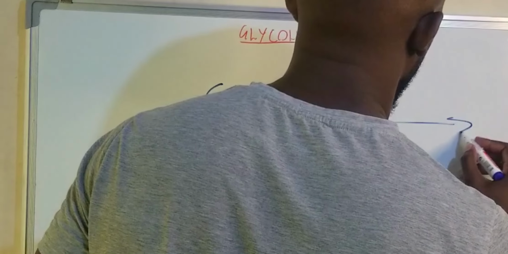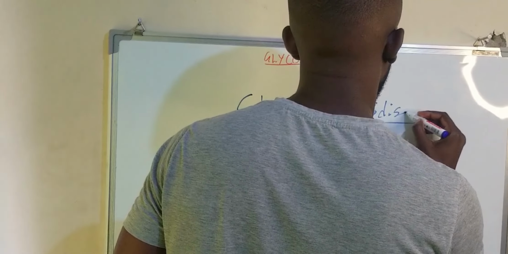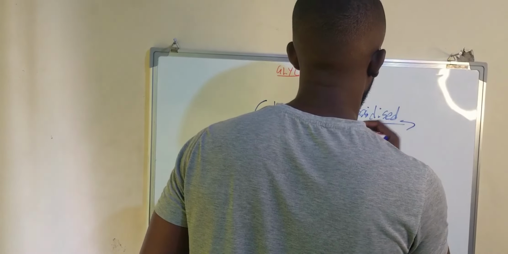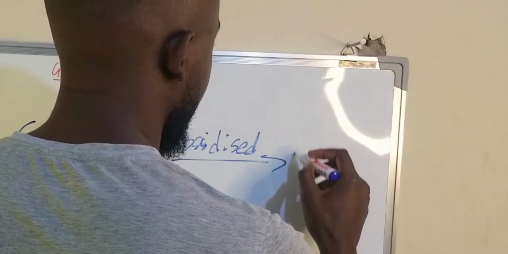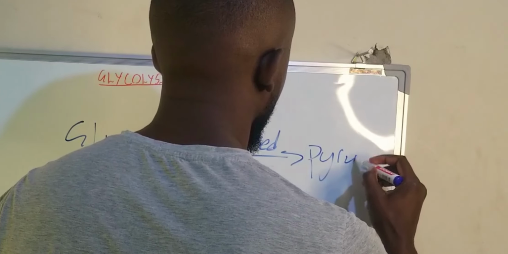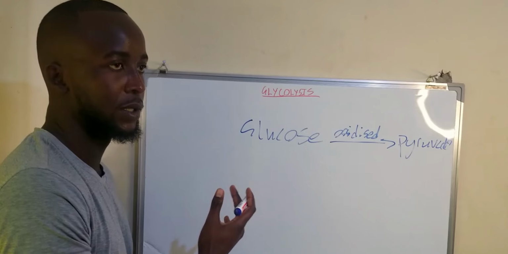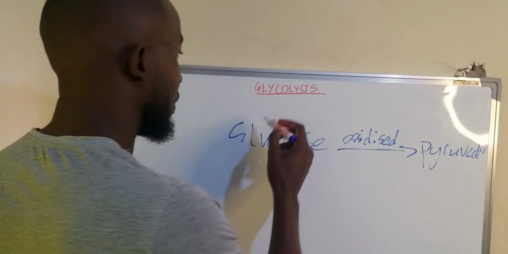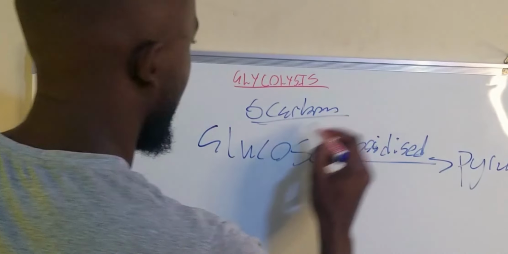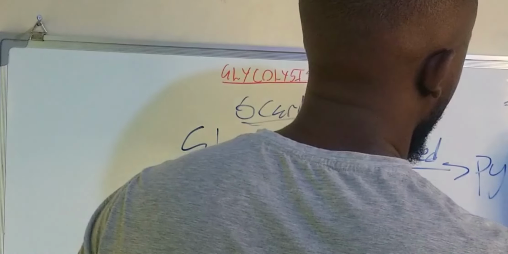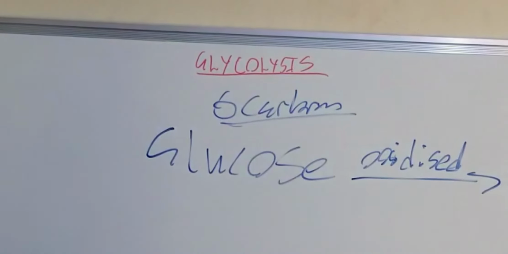So it will be oxidized for energy. And in the process of this oxidation, we're going to yield a product which is known as pyruvate. Now, the difference between pyruvate and glucose is simply that glucose is a 6-carbon molecule, whilst pyruvate is only a 3-carbon molecule,